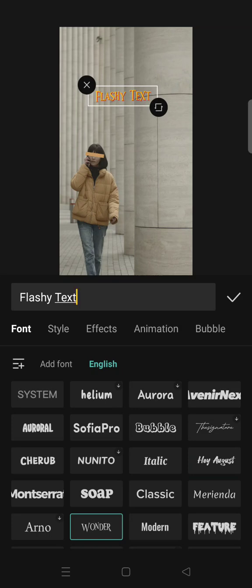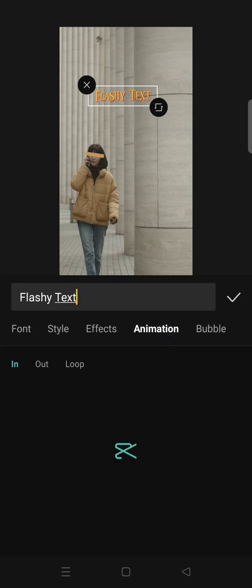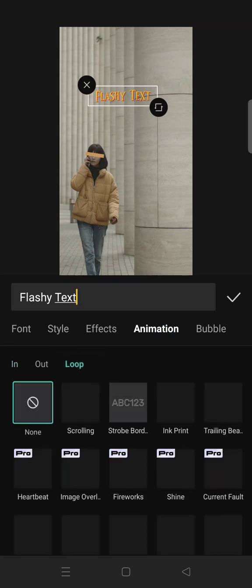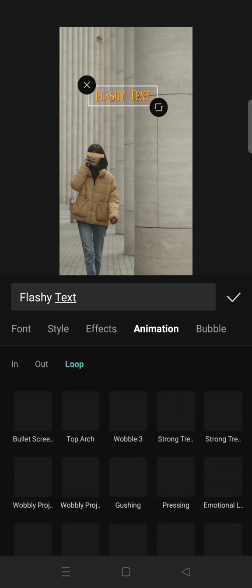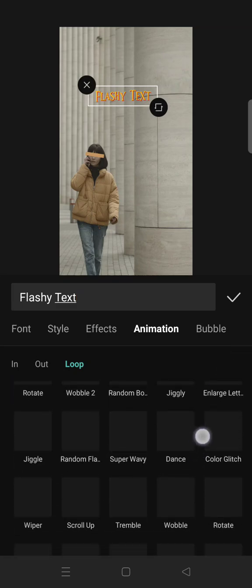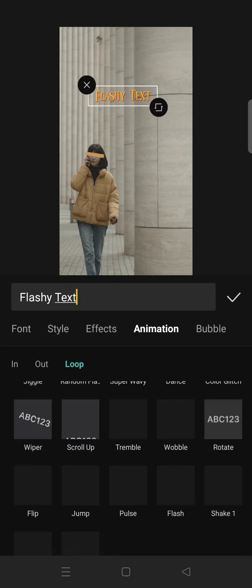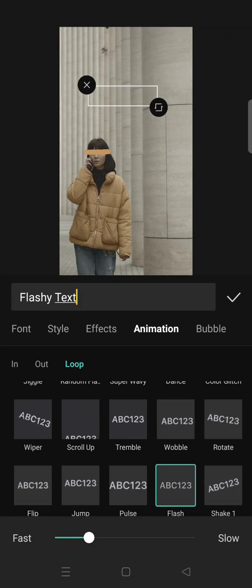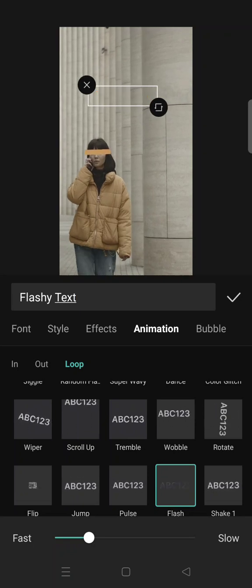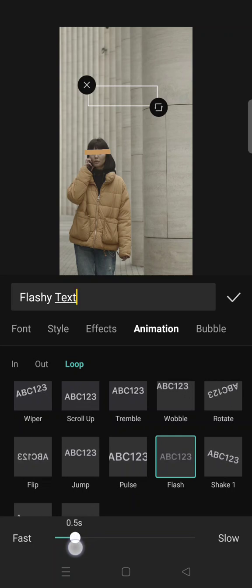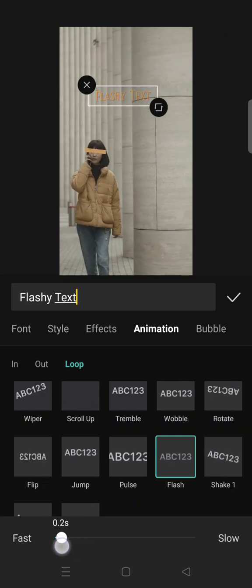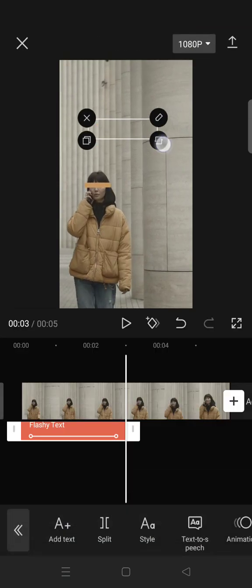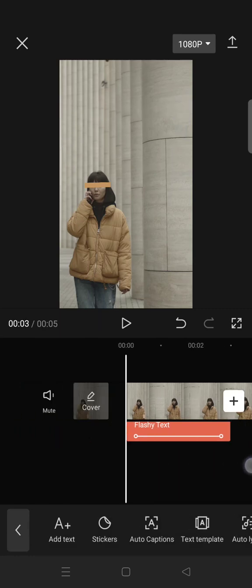And to create a flashy effects, you just need to go to animation and then here click on the loop and scroll down until you find flash animation. Okay, this one, just click on the flash, and in here you can adjust on how fast or slow you want the flashy effect in your text. I'm going to make it fast like this, and after that just click on the check icon and you are done with the flashy text effect